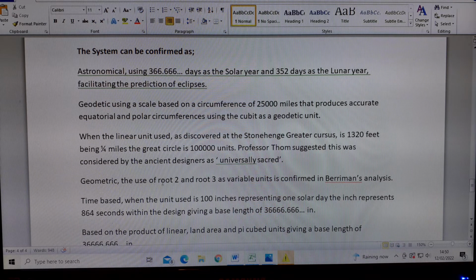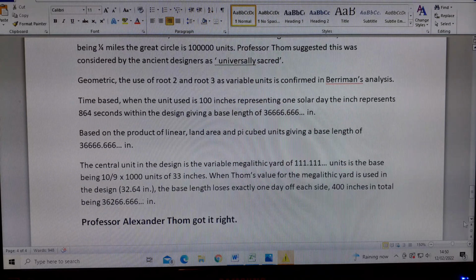Geometric. The use of root 2 and root 3 as variable units is confirmed in Berriman's analysis. Time-based. We've already seen the simple Giza time theory, and it's that 100 inches represent 1 solar day. The inch represents 864 seconds within the design, giving a base length, as we all know. And again, the design is based on the product of linear land area and pi cubed units, giving a base